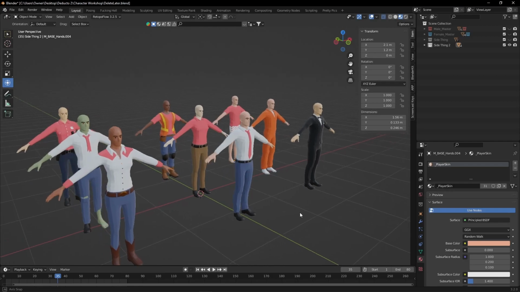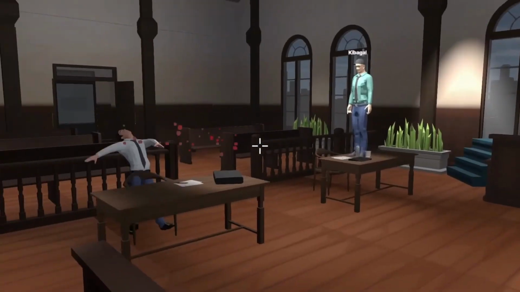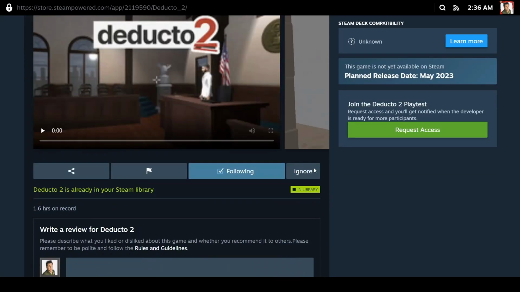Alright, today I'm just going to be giving you guys some real quick tips and tricks on making your own low poly game characters. So over the past few months, I've been working on a game called Deducto 2, wishlist on Steam,